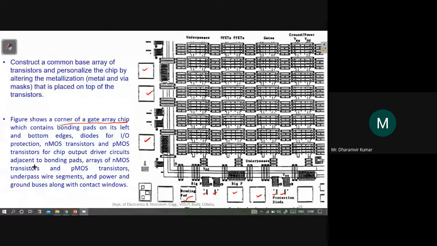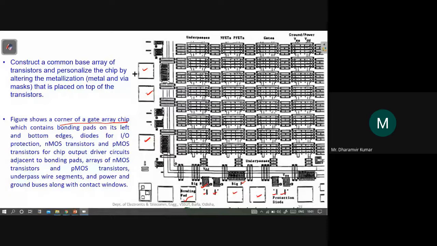For example, these are big PMOS transistors, and NMOS transistors like these ones. So these are the auxiliary circuits, the auxiliary parts which are available on the periphery of the chip. This is just one corner of the whole chip.